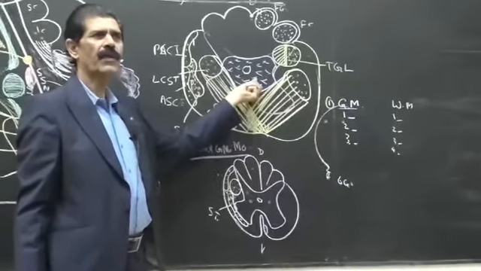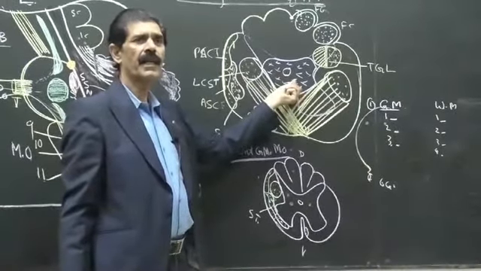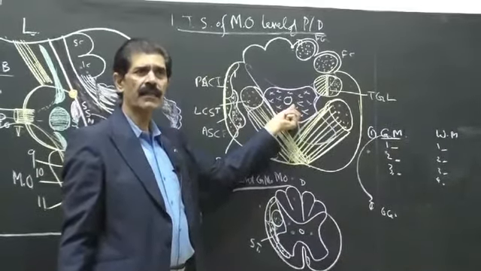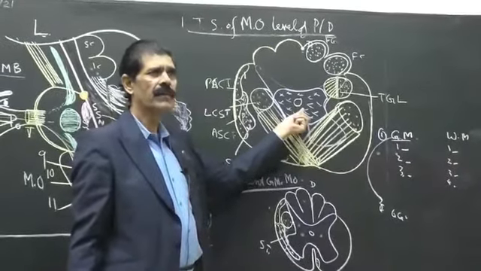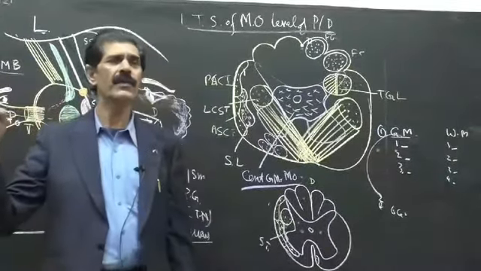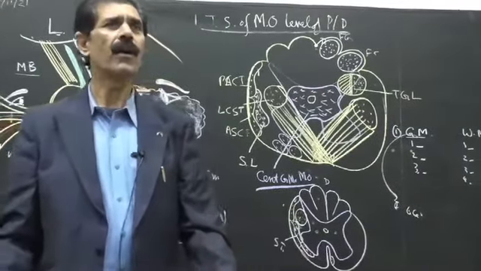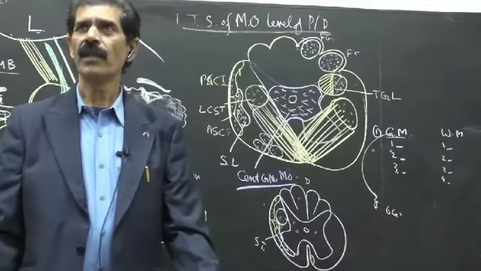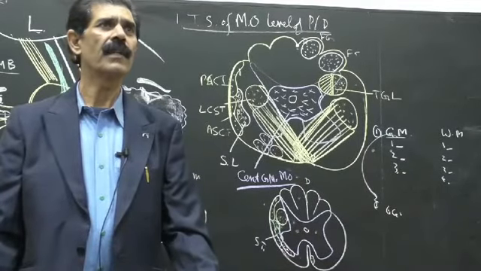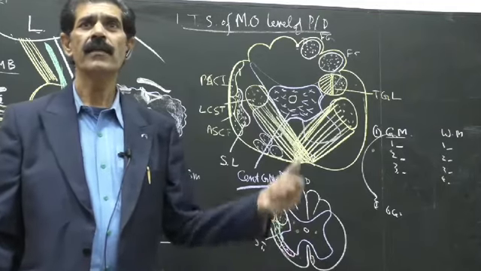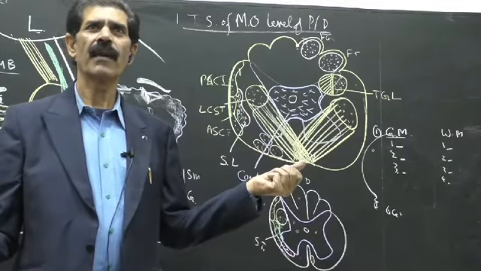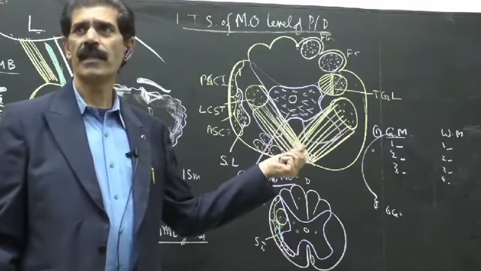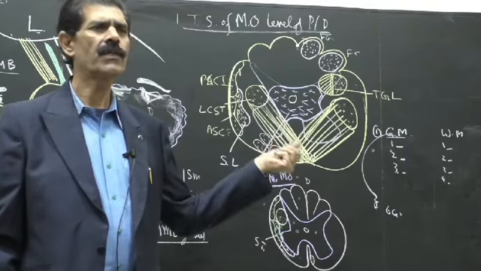It contains the reticular formation. It contains sympathetic and parasympathetic nuclei. It contains the cardiac center. It contains the respiratory center. The reticular formation you have learned in your physiology class, the central control of heart, the central control of respiration. In physiology, they told you only that they are situated in the medulla. Now we are doing anatomy. We are doing each and every part of the brainstem, each and every centimeter or inch of it.